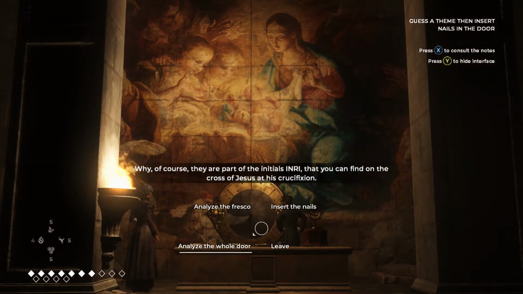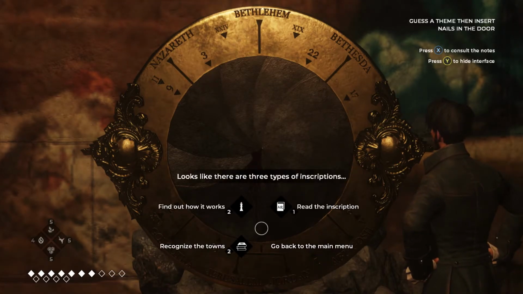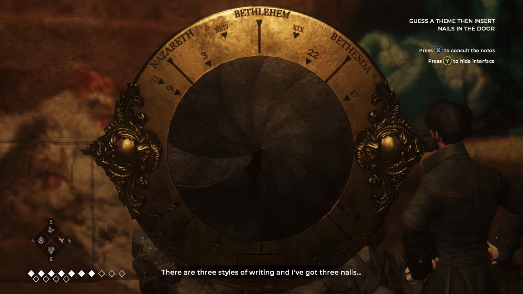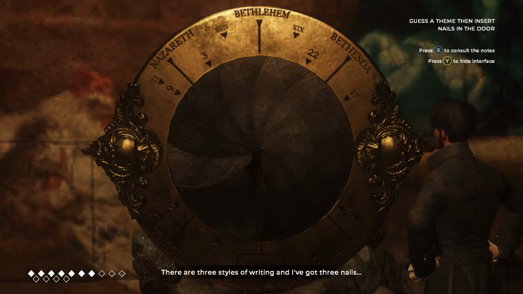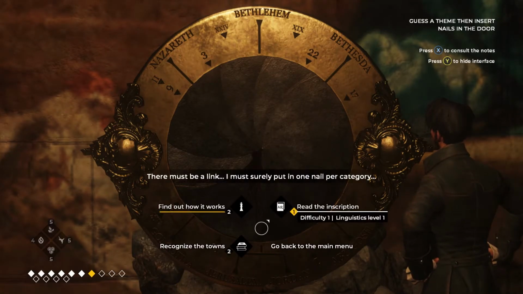We'll analyze the whole door. It looks like there are 3 types of inscriptions. We can find out how it works. Let's try that. There are 3 styles of writing, and I've got 3 nails. There must be a link. I must surely put in 1 nail per category. Okay, we can